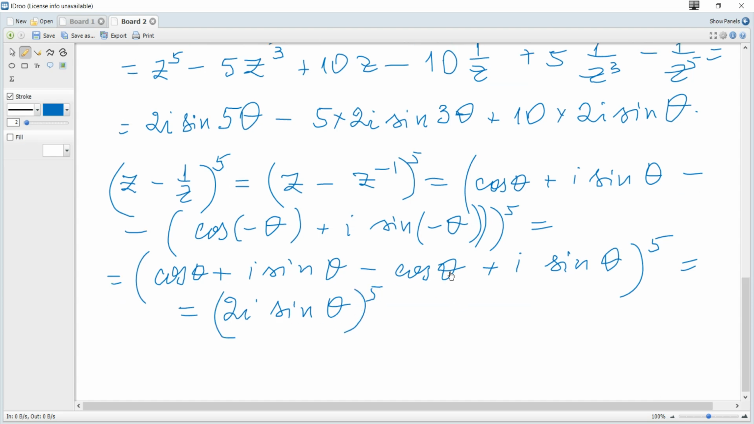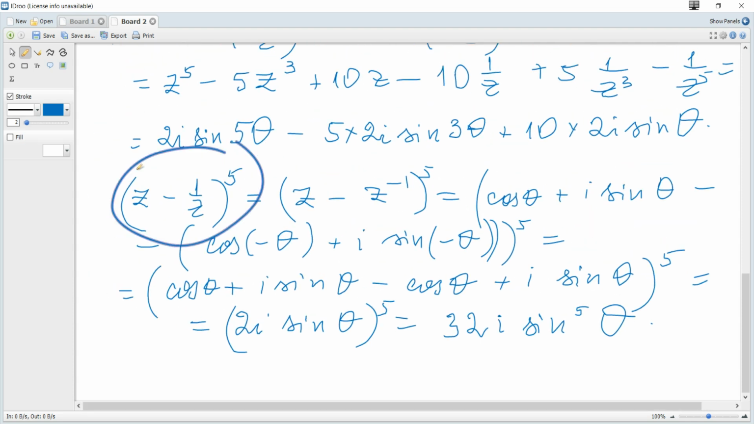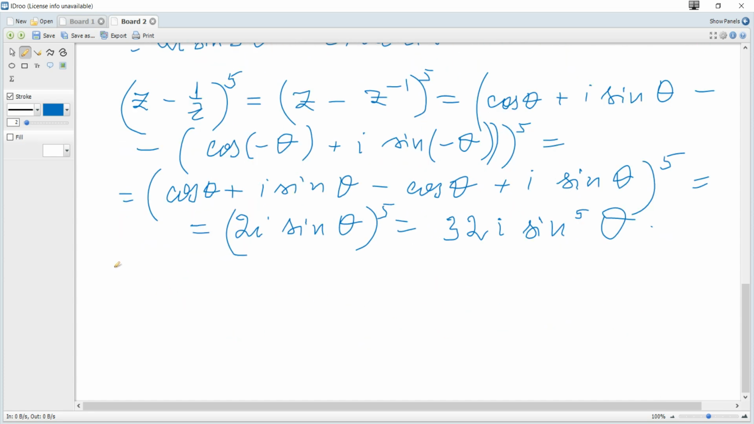power of 5, and it's 2 to the power of 5, which is 32, and i to the power of 5 is i to the power of 4, which is i squared squared. i squared is negative 1, just by definition, so it's 1 times i, so it's just i: 32i sine to the power of 5 of theta. And since it's the same (z minus 1 over z) to the power of 5, we can equate our results, so we can write that 32i sine to the power of 5 of theta is equal to